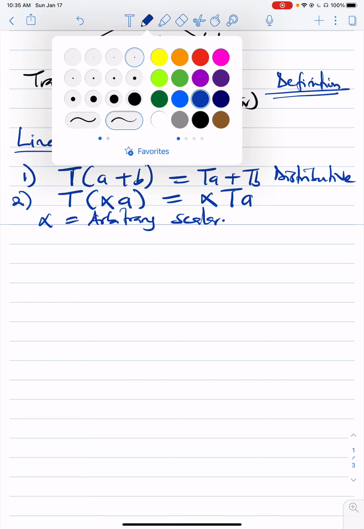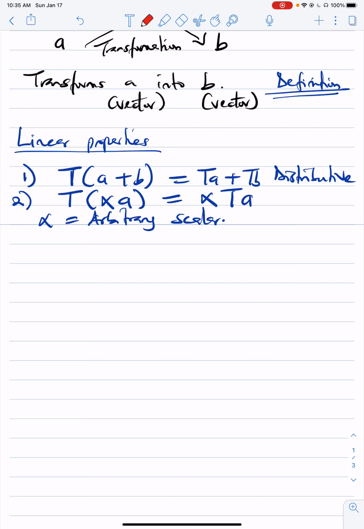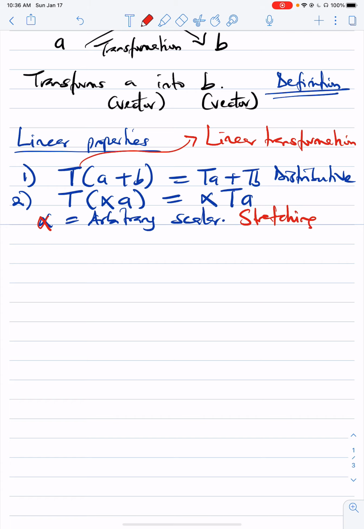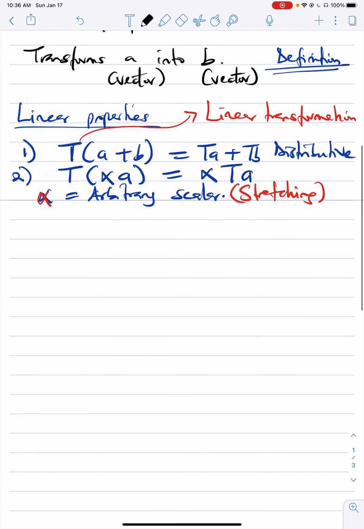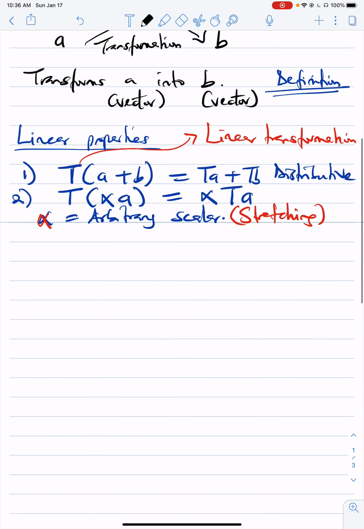So this T acts as an agent. T acts as an agent of what? Linear transformation. So yeah, sorry, I think this alpha can act as an agent for stretching actually. It can stretch, right? It can stretch the vector, either increase or reduce it. So basically, those are the two laws: the distributive property and the associative property